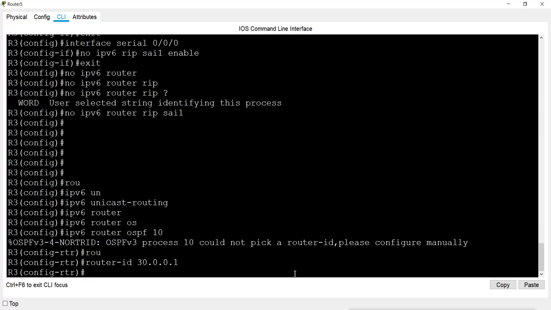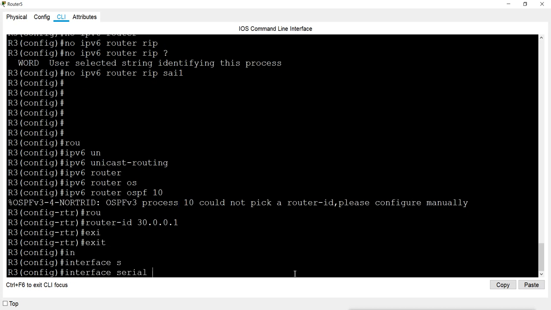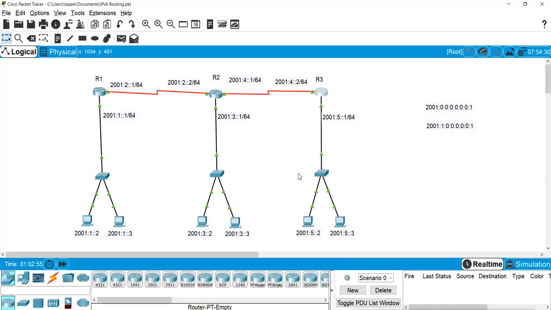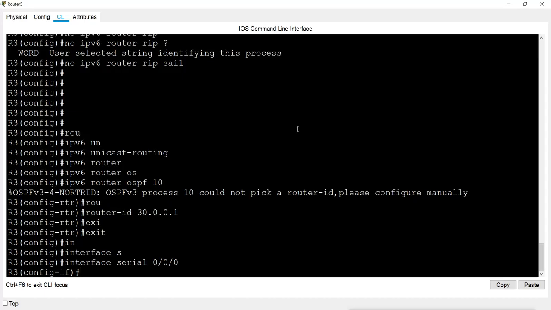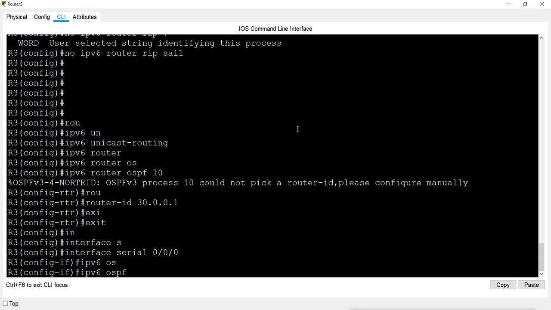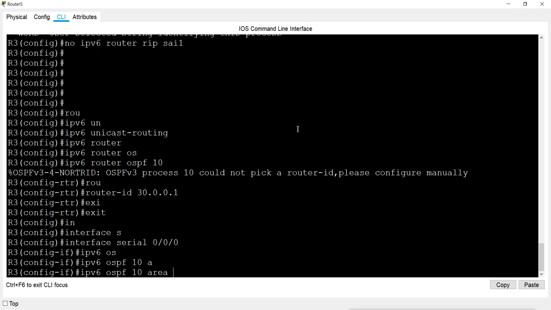You can give whatever you like, like if you want to decide which router should be the DR or BDR, according to that you will give the router ID. Exit from here, interface serial 0/0/0. That is the interface we have here. And then again ipv6 ospf, process ID 10, area 0.